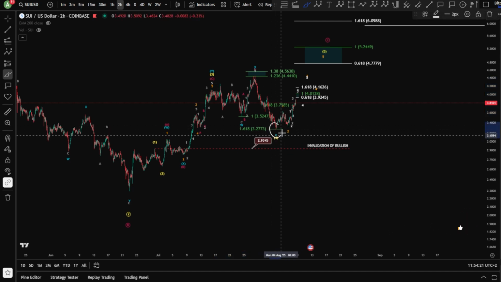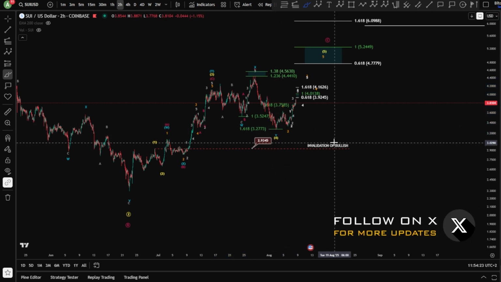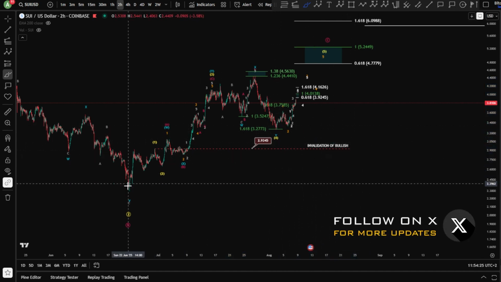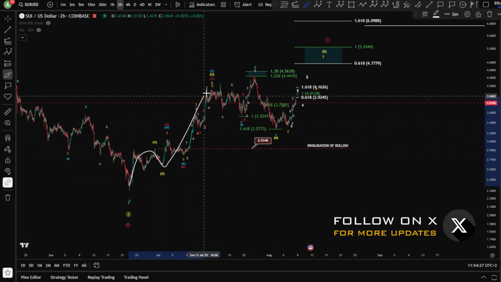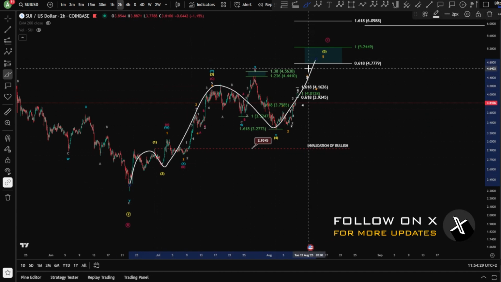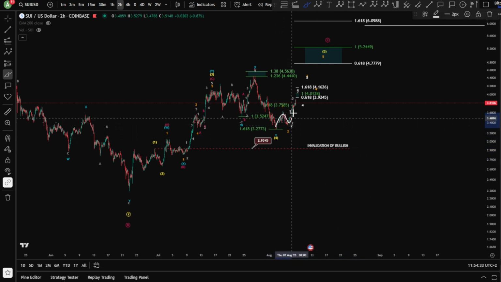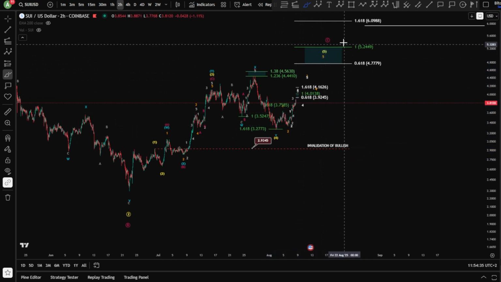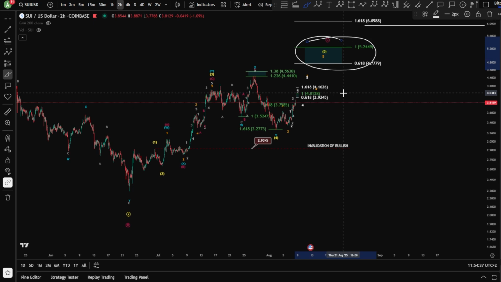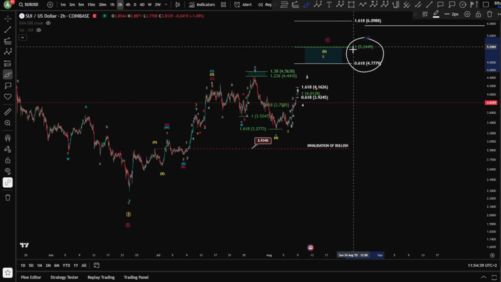5 waves down of course for an expanding flat wave 4 without invalidation, meaning right now you have a potential 1, 2, 3, 4 and a 5 still working for SUI there without invalidation of the wave 4, and we're looking of course for continuation toward the upside. The next target might be the wave 5 around the 5.2 and the